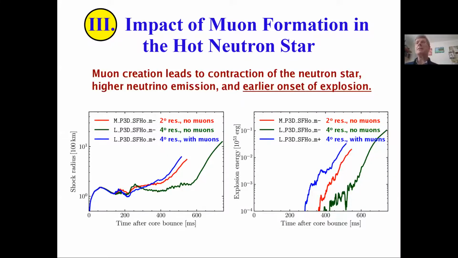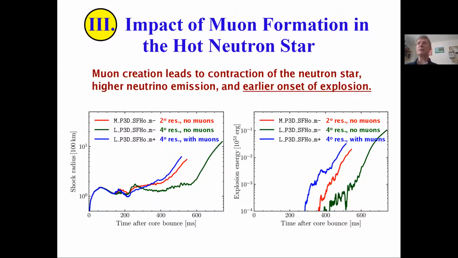And you see this here by comparing 2 and 4-degree runs without muons with a 4-degree run where muons were included, while the two simulations without muons explode later. The case with muons explodes significantly earlier. Unfortunately, we could not rerun the model with 2-degree resolution because including the muon physics is very expensive because of